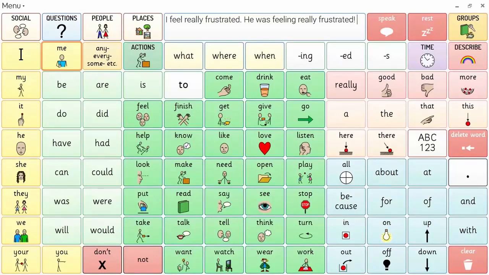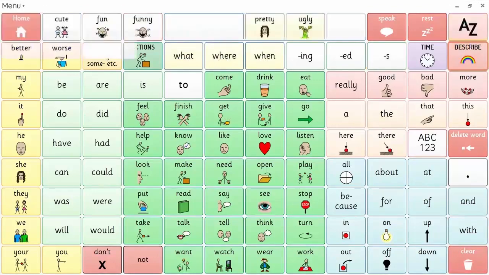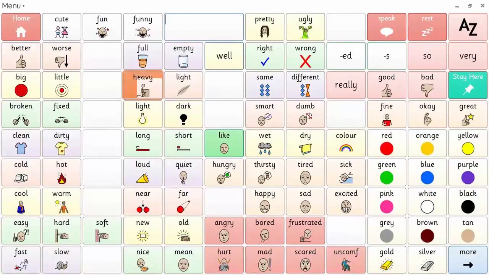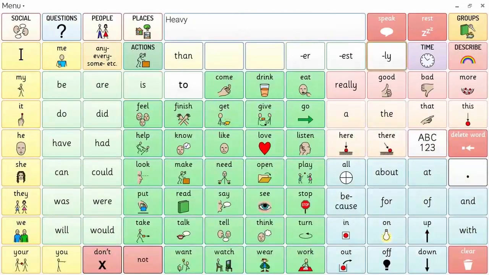So I just want to show you a few other things on the main page. We also have the ing, ed, and s. So if I wanted to say helped, help, helped, I've got that. And of course, open, opens. And if you select one of the describing words, like heavy, you'll see that these three keys, ER, EST, and LY appear. So you can say heavier, or